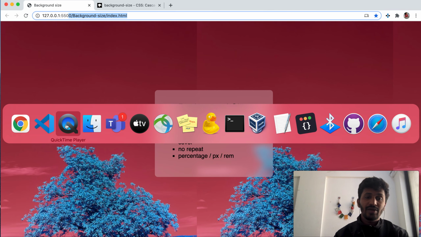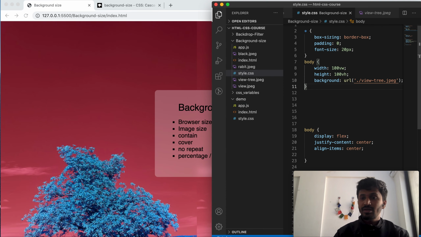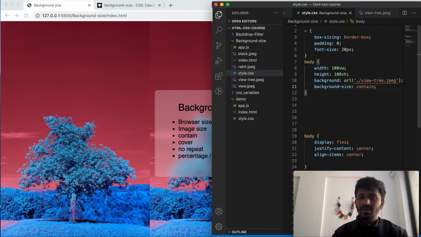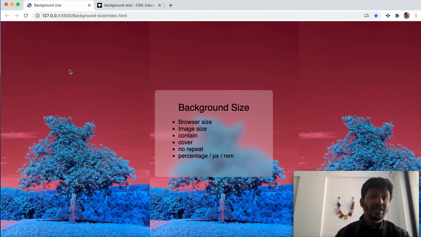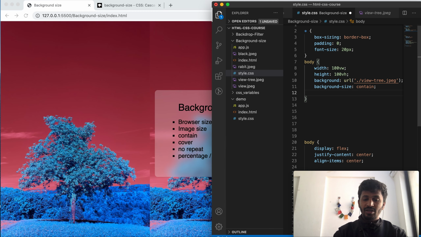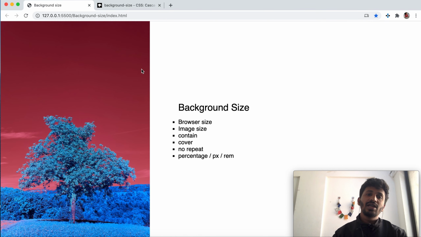So let's give a background size property to it. Background size should be contain. If you see the browser now, we can see a complete image. No section is getting cut off at the bottom, though the image is getting repeated on the x-axis, right? So we can have the no-repeat property there. Background repeat, no-repeat, and if you save that you can see only one image, but contain does not allow it to stretch or crop, so we won't see the complete area get filled.